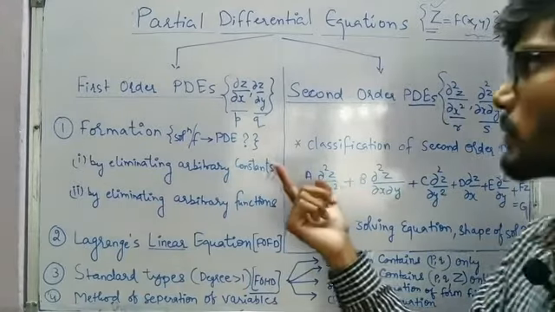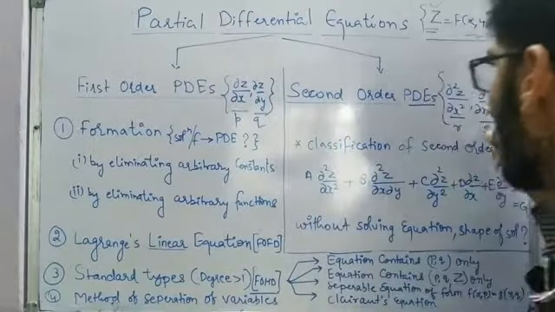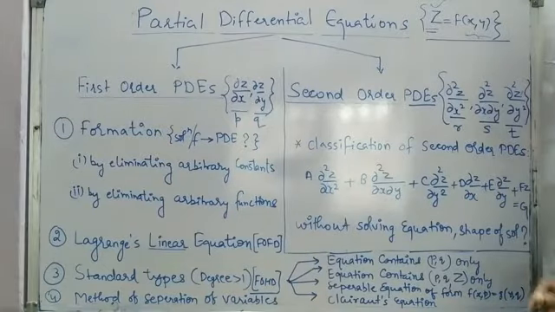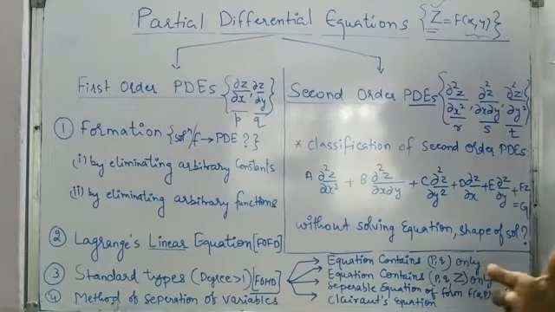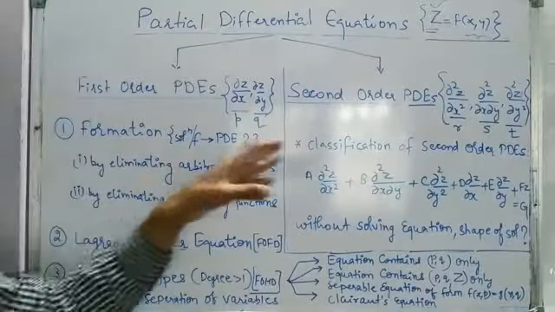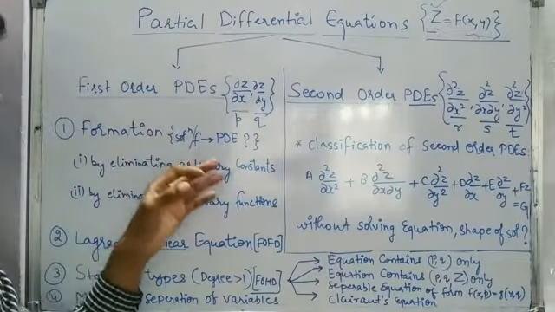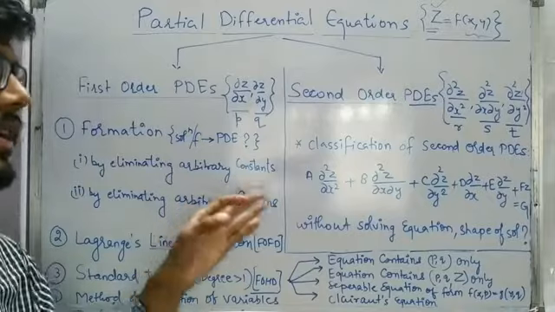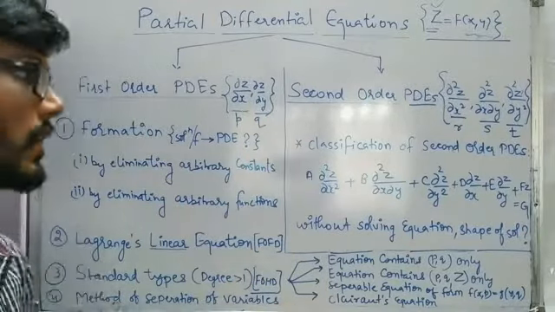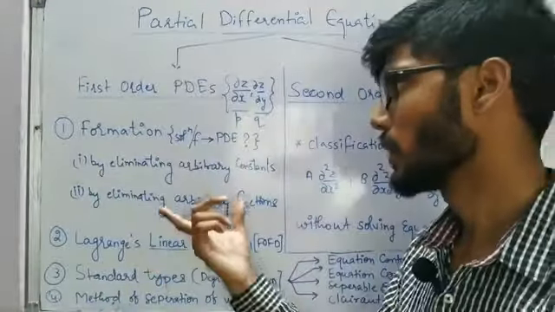These terms we are going to name as follows: dou z by dou x as p, dou z by dou y as q, dou 2z by dou x 2 as r, dou 2z by dou x dou y as s, and dou 2z by dou y 2 as t. Just to make problem solving a little easier, we are going to make use of terms like p, q, r, s and t. So in the case of first order partial differential equations, you are going to encounter only terms like p and q, whereas in the case of second order, you are going to encounter terms like r, s and t.